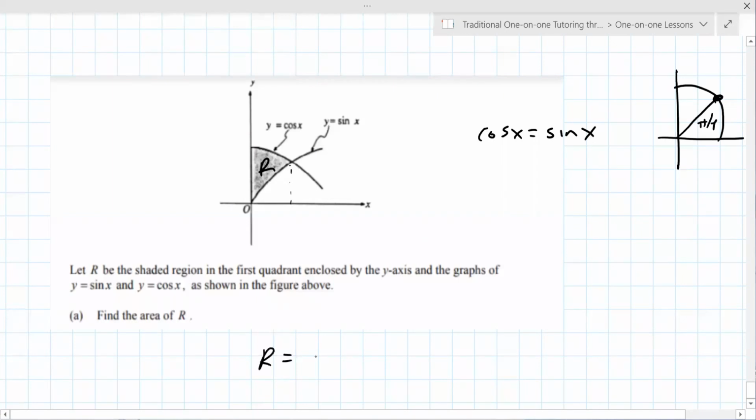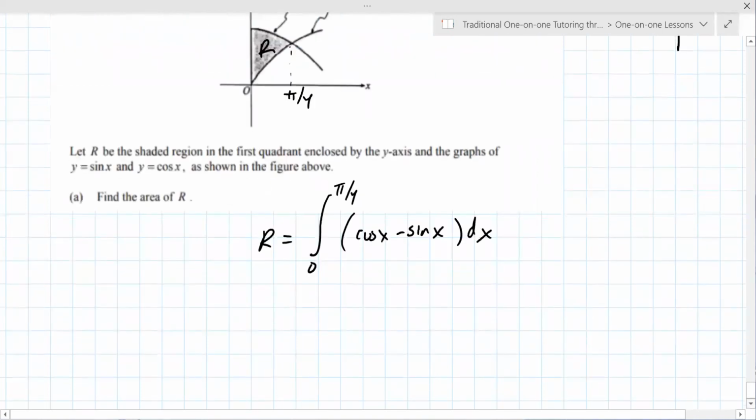So R is the integral from 0 to pi over 4, because that's the intersection point. Top minus bottom, so cosine x minus sine x dx. Cosine x, and these are antiderivatives now, so minus sine x. Wait, I've got that wrong. The derivative of sine is cosine, plus cosine x, derivative of cosine is minus sine, evaluated from 0 to